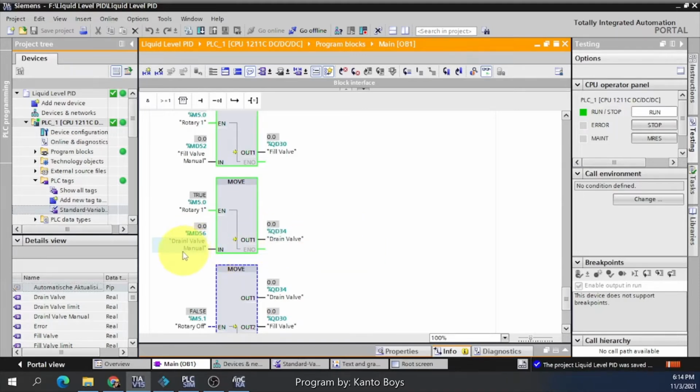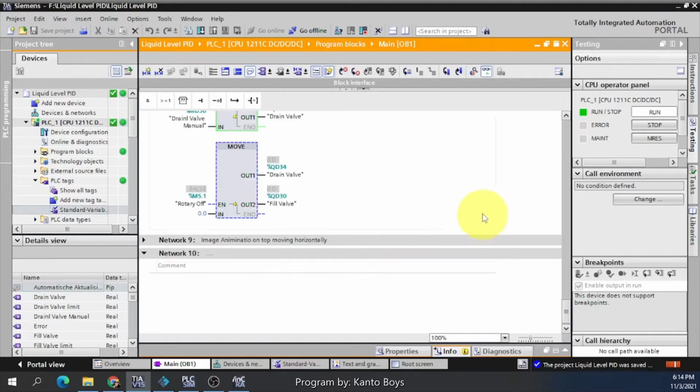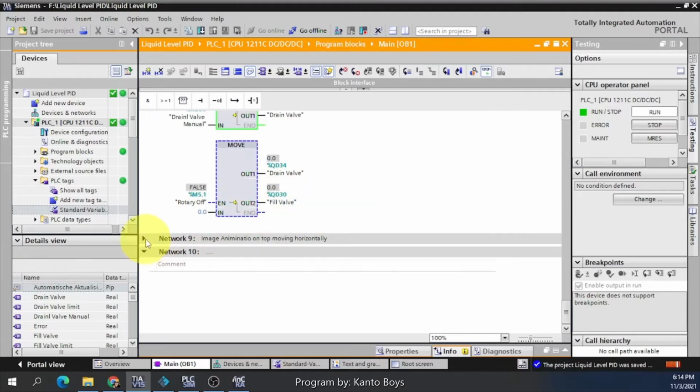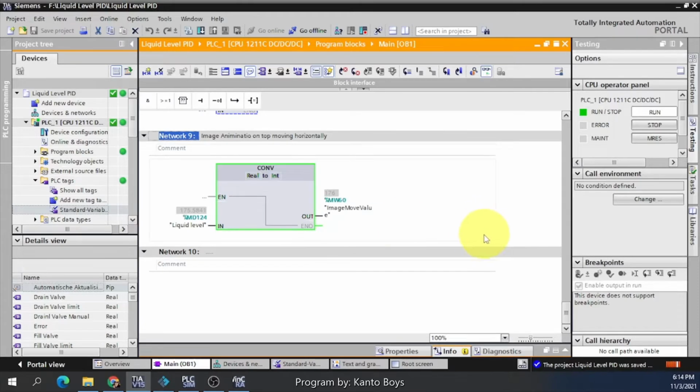If you input 8 in drain valve manual during the manual mode, the drain valve should be open 8. If rotary off is true, the drain valve and fill valve should be closed because we move 0. So this is only for animation.